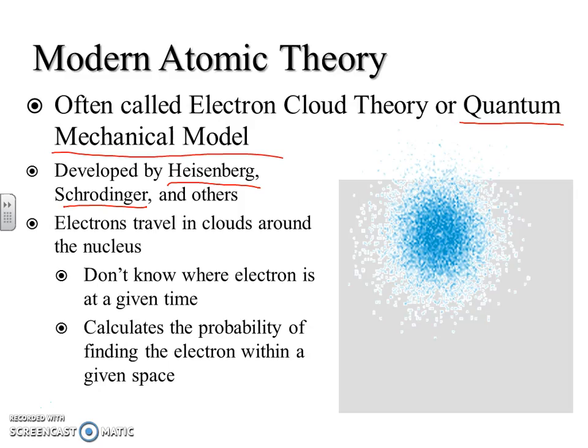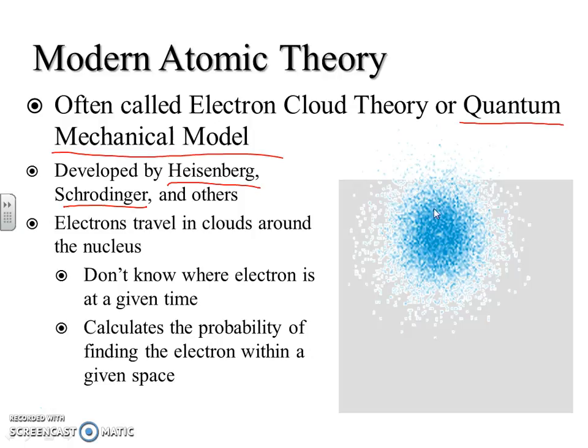And then our most recent theory or model is called the quantum mechanical model, or electron cloud theory. Okay, and it was developed by these scientists called Heisenberg and Schrödinger. And what they said was that electrons travel in clouds. So they don't actually have those specific orbits, but there's a certain area of the electron where you're more likely